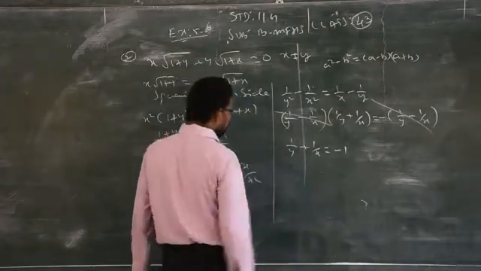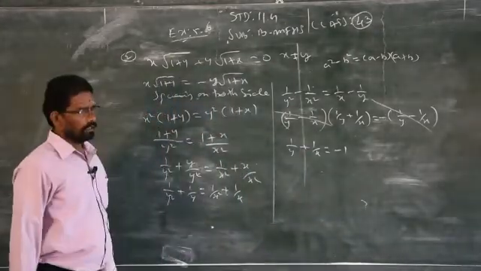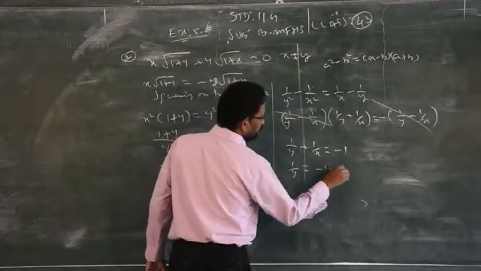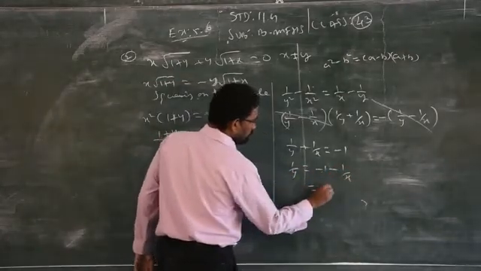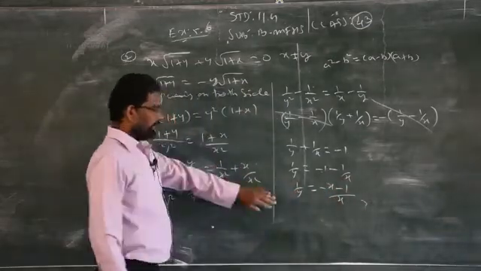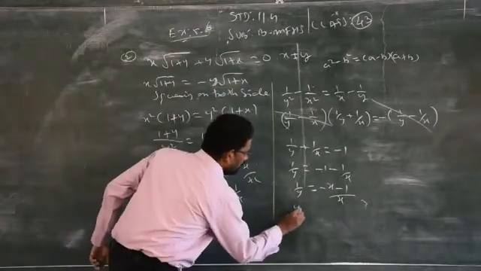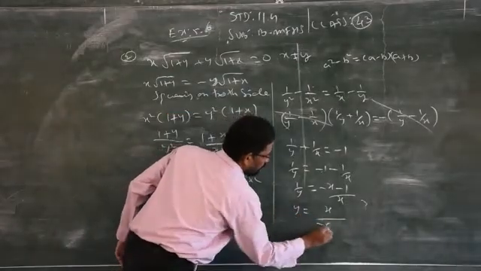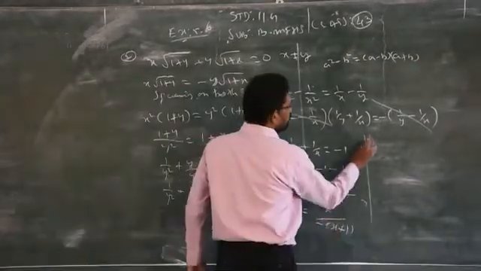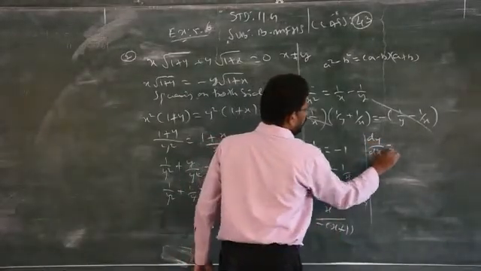Now we go for differentiation. You will get the answer, very simple. 1 by y is equal to minus of minus 1 by x. So minus x minus 1 by x, 1 by y. So you take reciprocal on both sides. y is equal to x by, take minus outside, x plus 1. Clear? Differentiate, dy by dx.